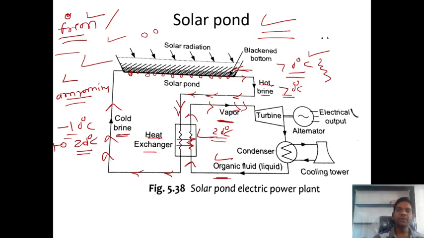So this hot vapor strikes the turbine. This turbine is connected with the generator or alternator. The turbine rotates and, connected with the alternator and generator, generates electricity. Now where does this vapor pass? Inside the condenser, guys. This is our condenser. This vapor is cooled with the help of the cooling tower. From this cooling tower the cold water enters here. This cold water absorbs the heat from the vapor of organic fluid, the ammonia, and converts it into liquid form, a change of phase inside the condenser.